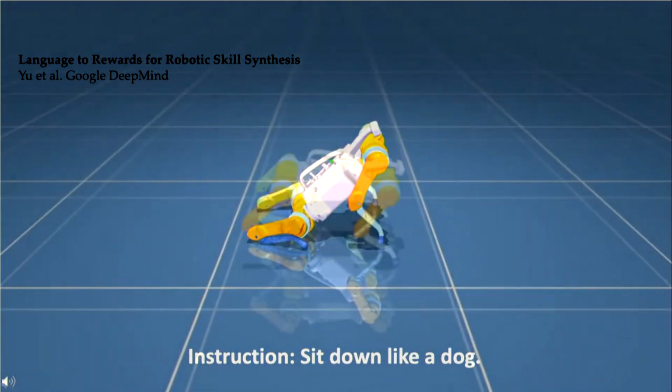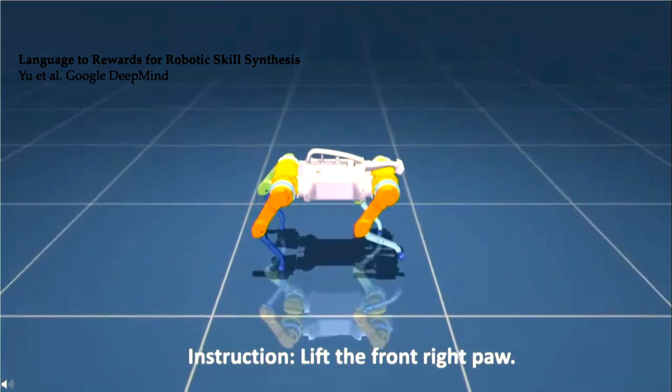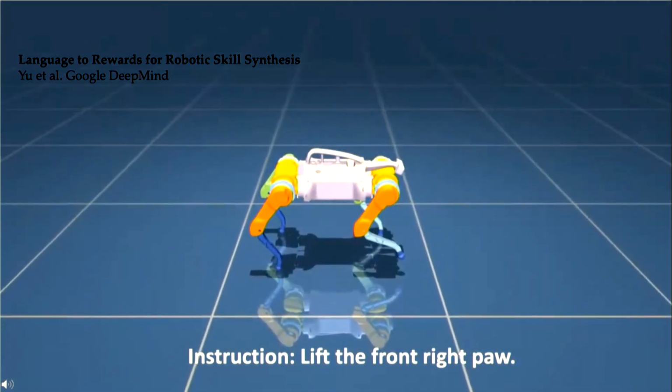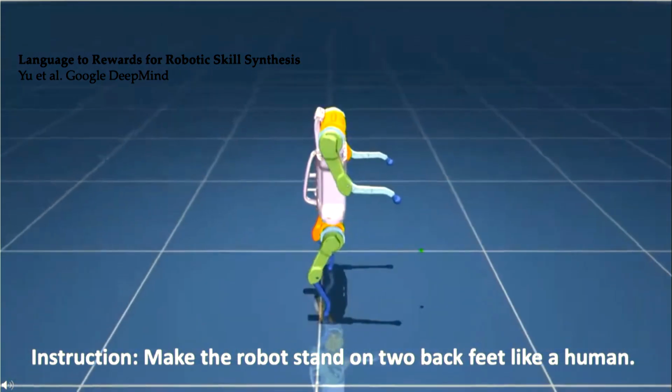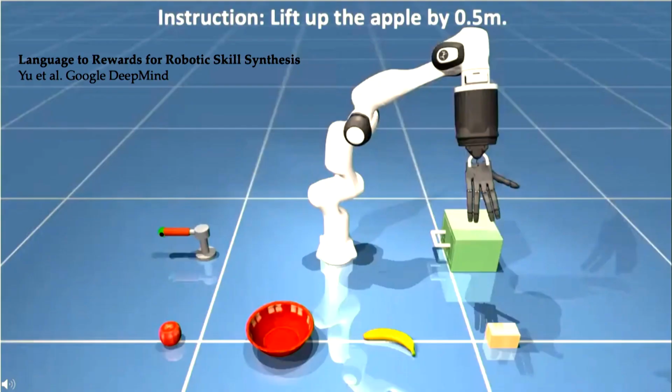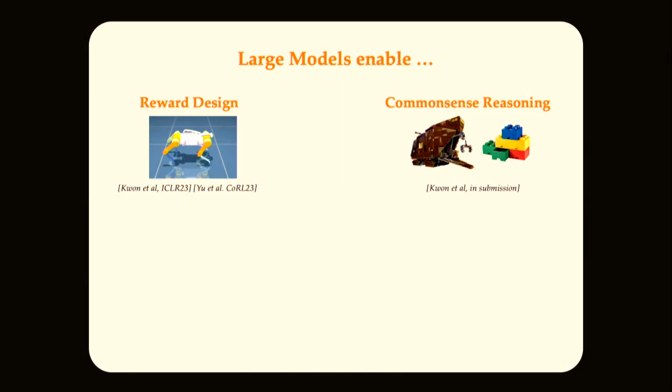And you could do things like sit down like a dog, or move your paw. My favorite example is do a moonwalk. You could say do a moonwalk, and it would generate the weights of how a robot should do a moonwalk. But in general, that was pretty surprising and interesting, that again, LLMs can work really wonderfully as reward designers. And building on top of this idea, it turns out that one of the challenges is really the